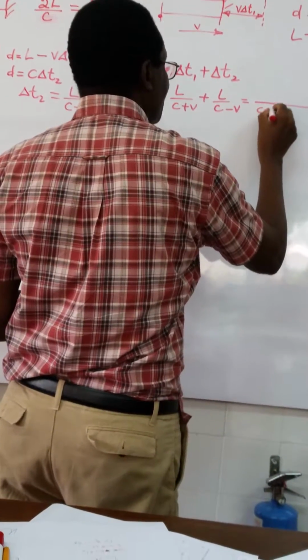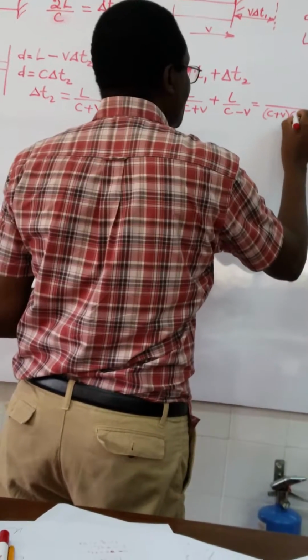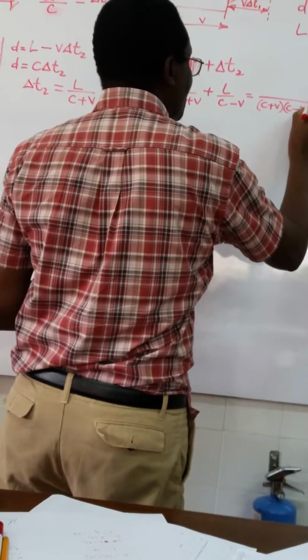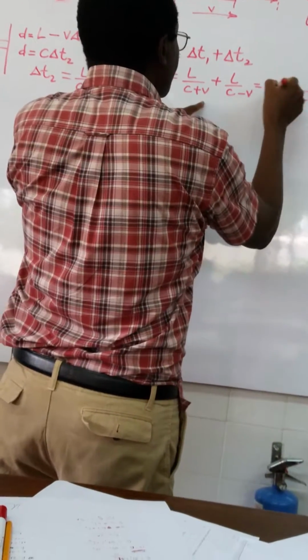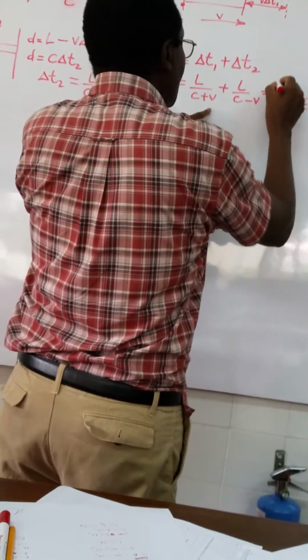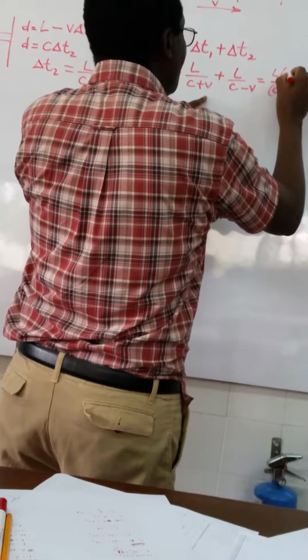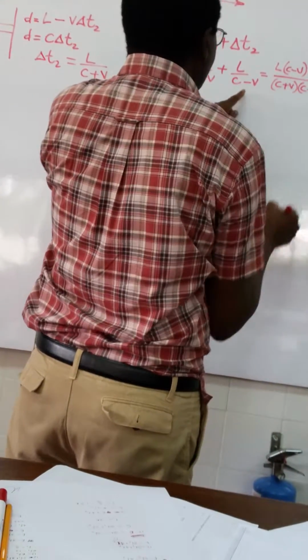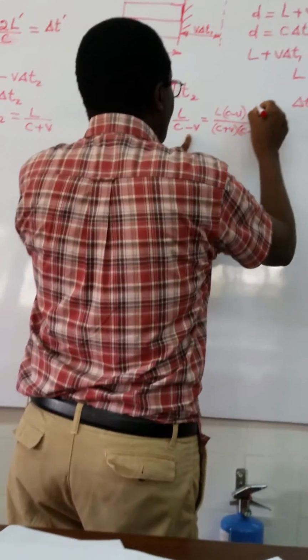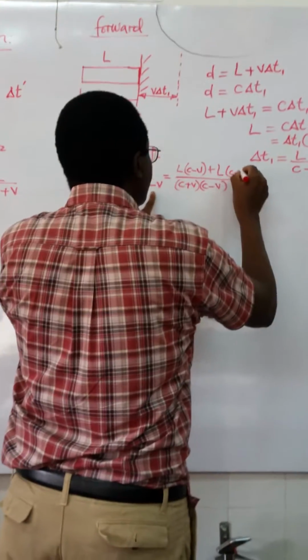LCM is c plus v into c minus v, and this will go there c minus v times L, so L into c minus v, and this one will go there c plus v, so L times c plus v,